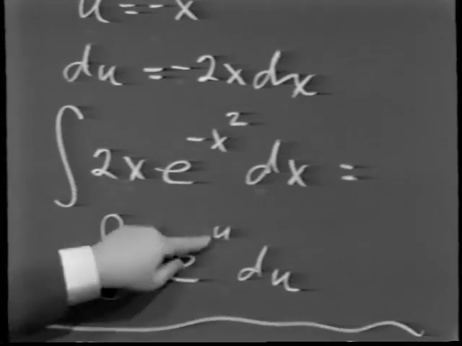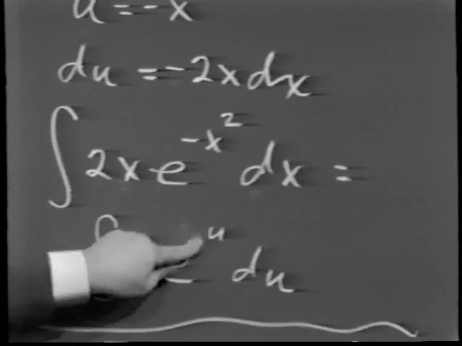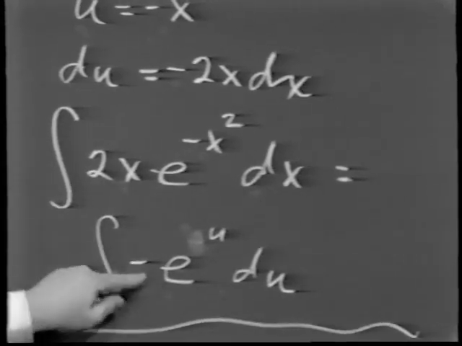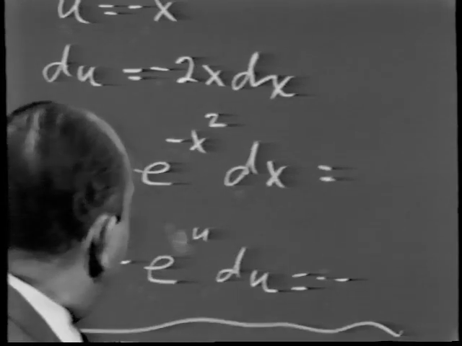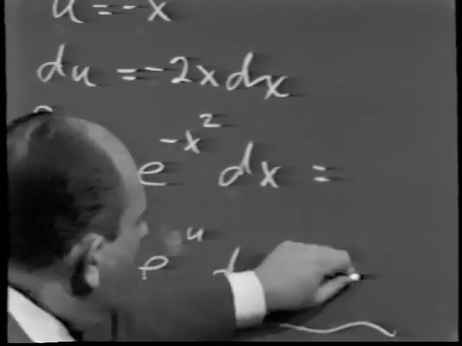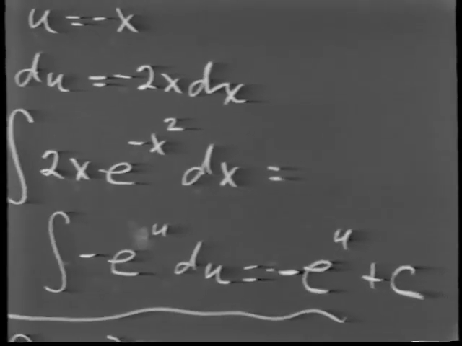And you see, this substitution, u is minus x squared. So this becomes minus the integral of e to the u du. And that, of course, is just minus, see, the minus can come outside, the integral of e to the u with respect to u is just e to the u. And since u is equal to minus x squared,